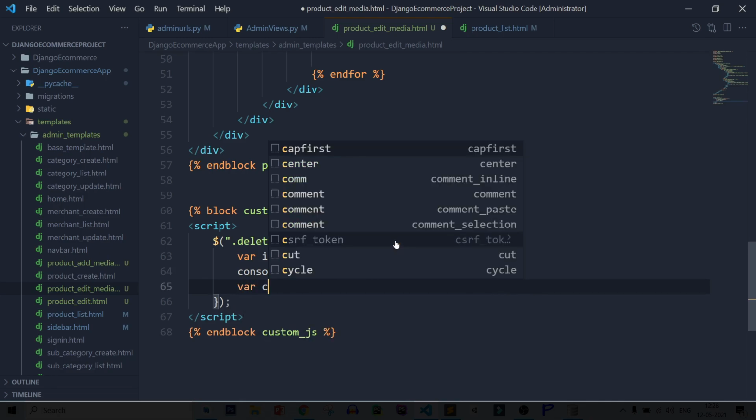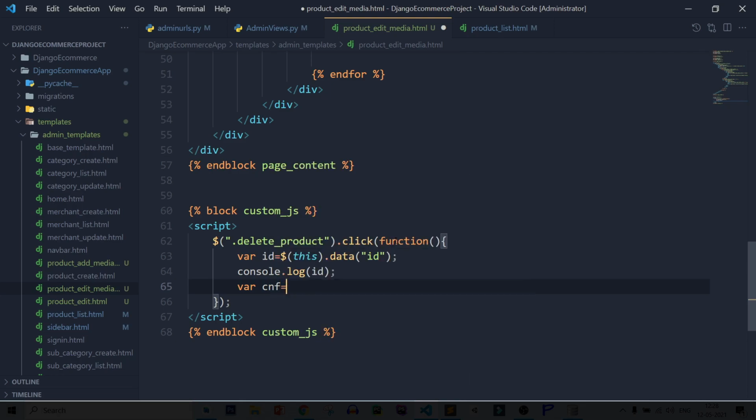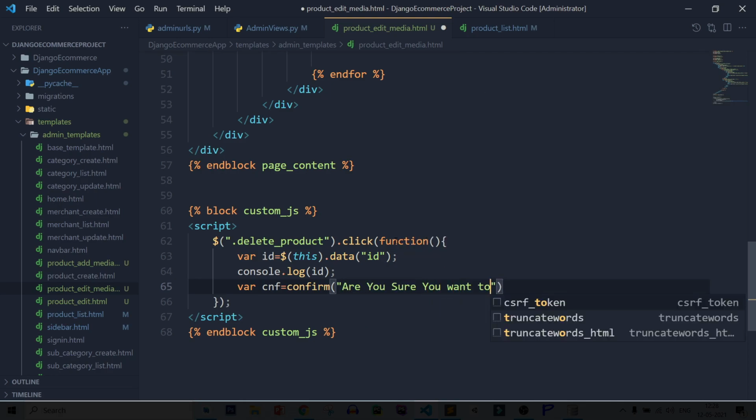So where cnf equal to confirm, are you sure you want to delete?